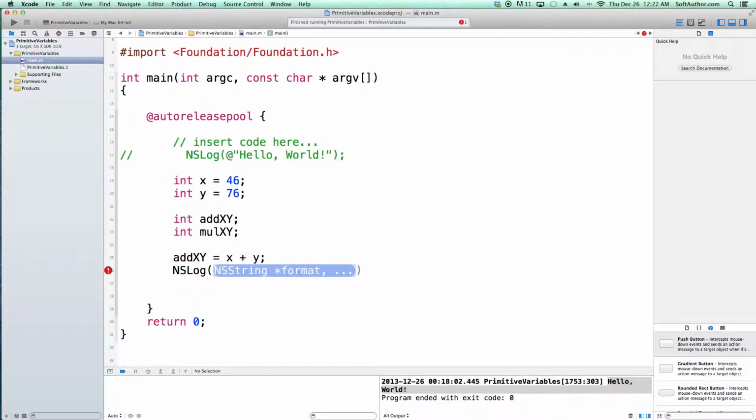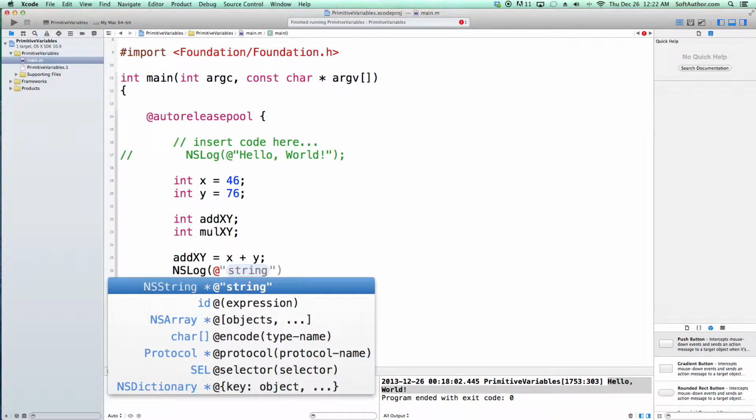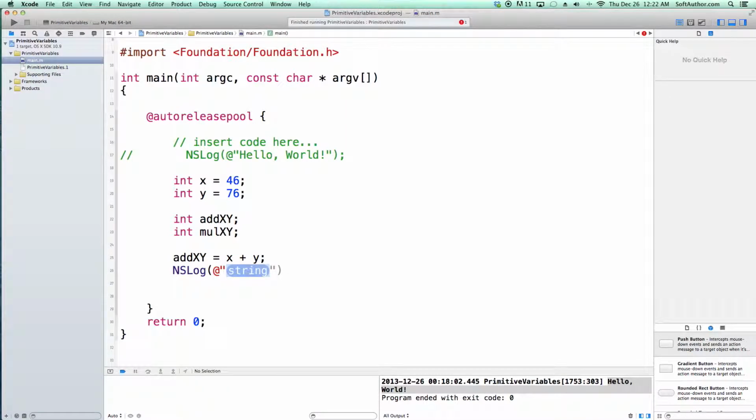So I'm going to use @. It knows you're looking for a string? Yes, for sure. I just hit return again. I need to put a semicolon at the end of that line. So I'm going to write some string in here. The result of x plus y is